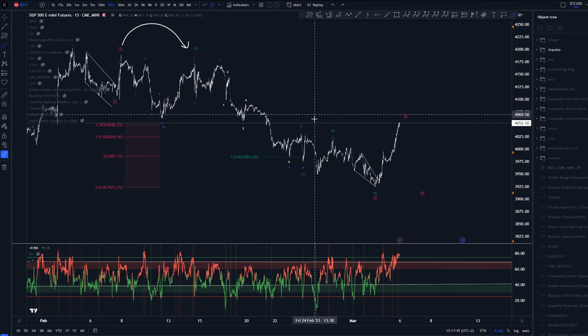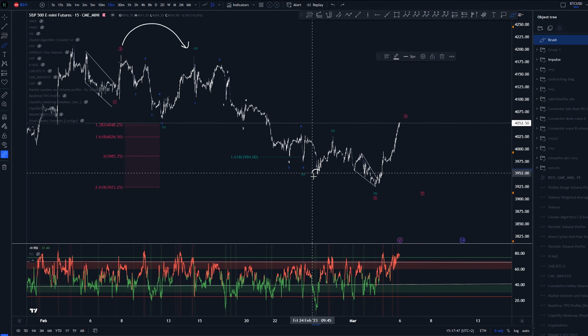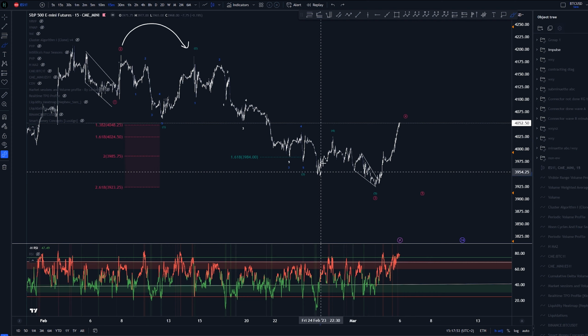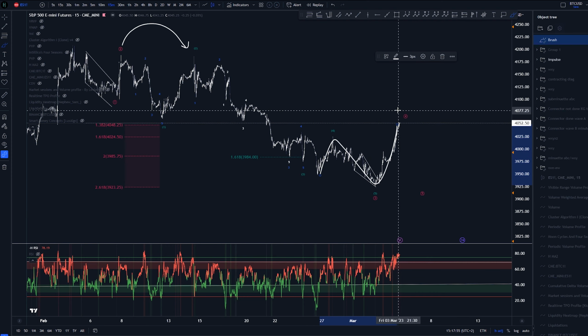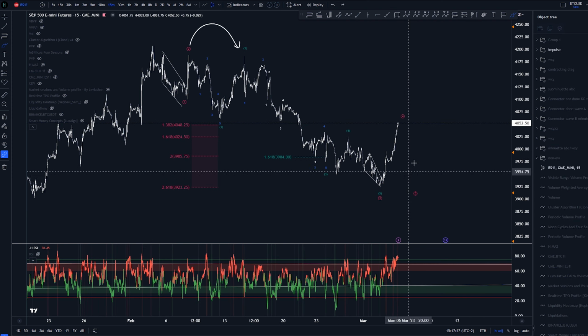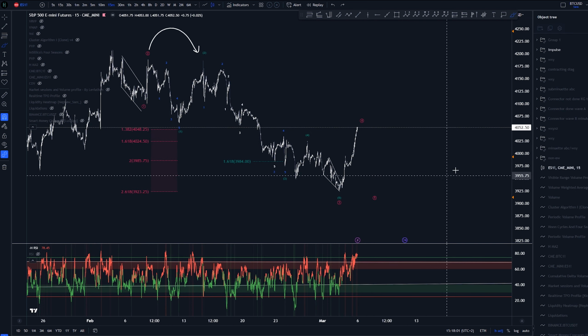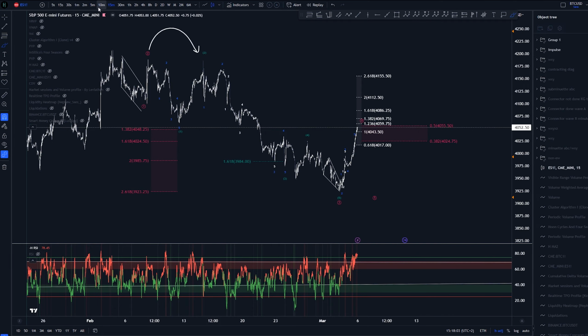Now, the other option is that we would be creating a third of something in here. This would be a 4th of something, and this would be some kind of a structure like that in the form of larger wave 4. So that is definitely a possibility. And then we'd still be expecting one more low here. Now, the way I currently labeled this,